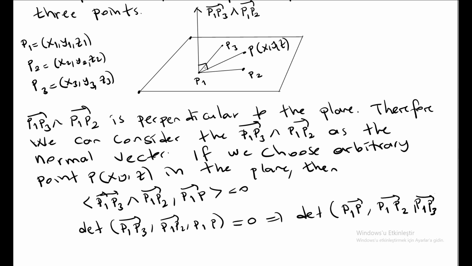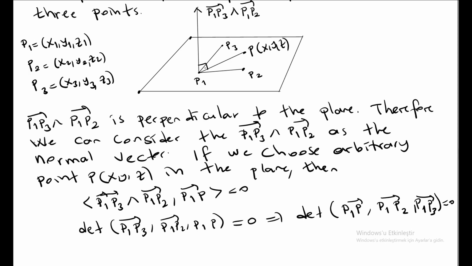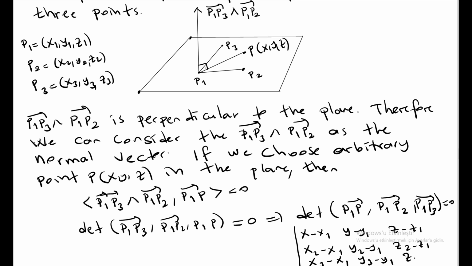So this tells us: the rows x minus x1, y minus y1, z minus z1; then x2 minus x1, y2 minus y1, z2 minus z1; and x3 minus x1, y3 minus y1, z3 minus z1; the determinant equals 0. So this is the equation